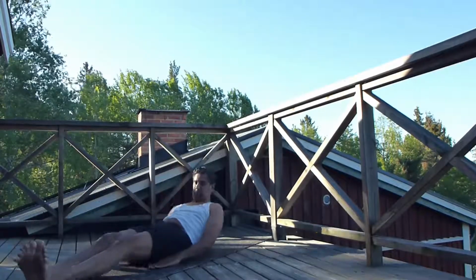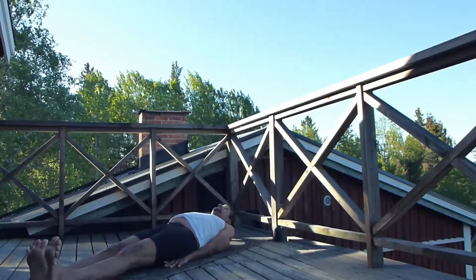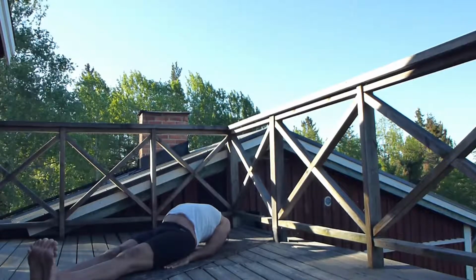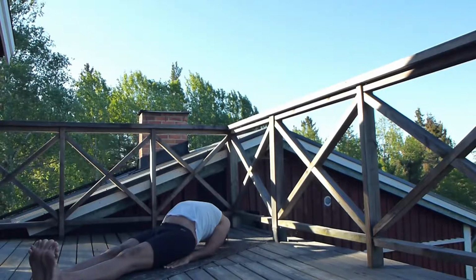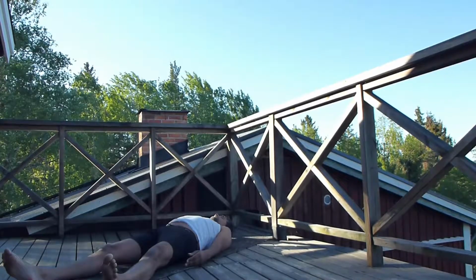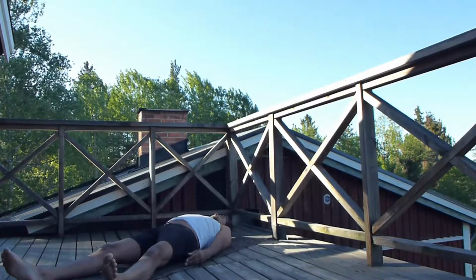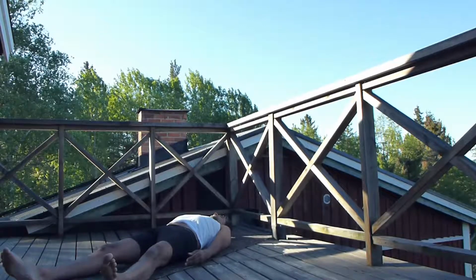And we're going to do a counter pose called fish pose. So put the hands on the mat, straighten the legs, flex the feet, spread the toes, lift up the chest and try to lower the top of the head on the mat. Just for a few seconds, a few breaths. And then just lay down on your mat,